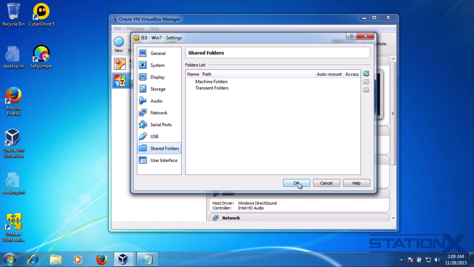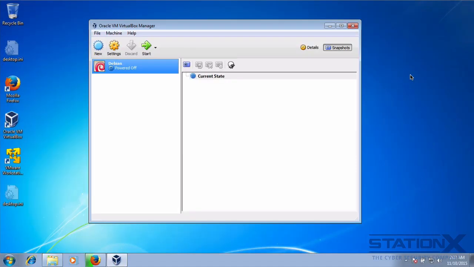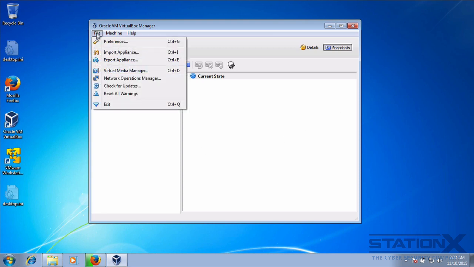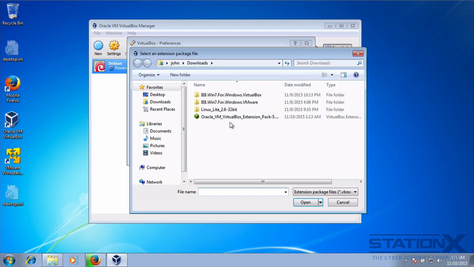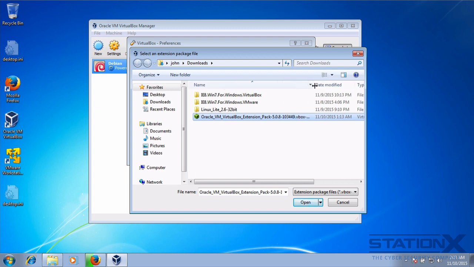So that's guest additions. Now you also need to install the extension pack for VirtualBox, and remember this is for USB 2 and 3 controller support, virtual RDP, VM disk image encryption, but you can Google it to find out more about what it supports. But basically it gives you the full functionality of VirtualBox. So if you go to File and Preferences and Extensions, click here, select the extension file which you downloaded, which is this,